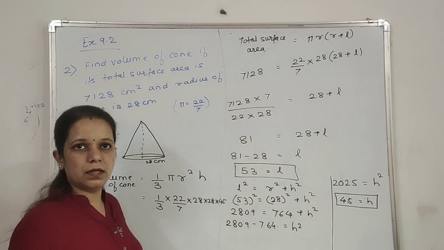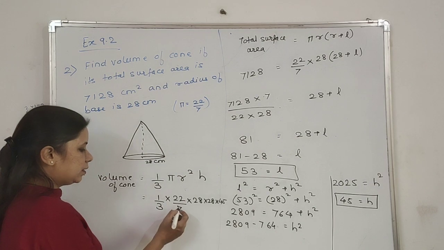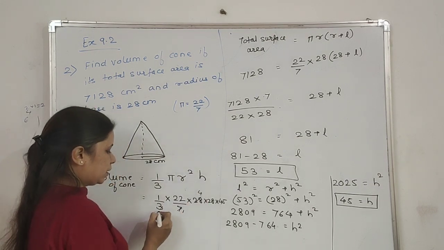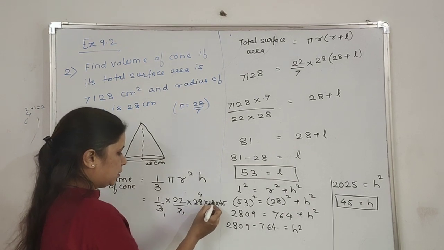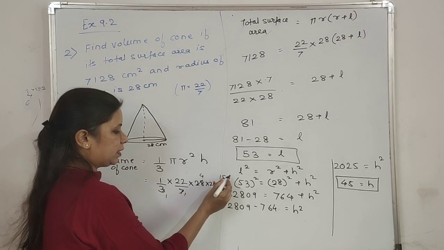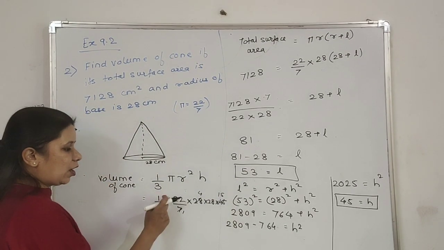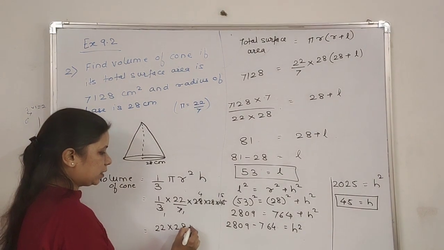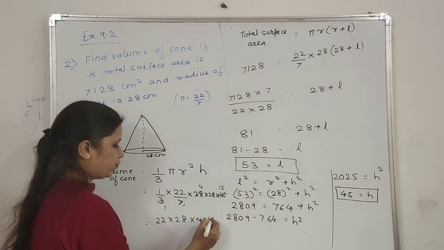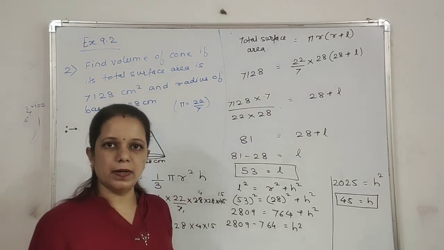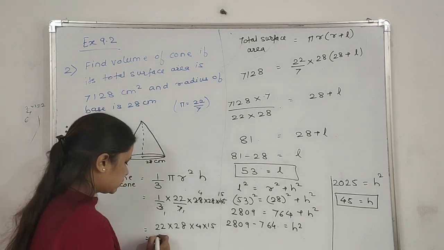So here, now just see the calculation part. 7 ones are 7, 7 fours are 28, 3 ones are 3, 3 15s are 45, and now we will have to multiply this. 22 into 28 into 4 into 15, and after we multiply all these four numbers, we will get